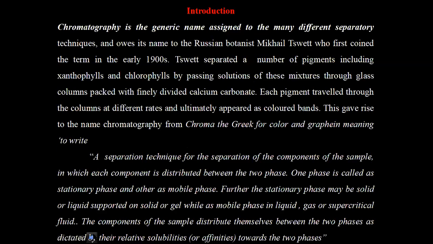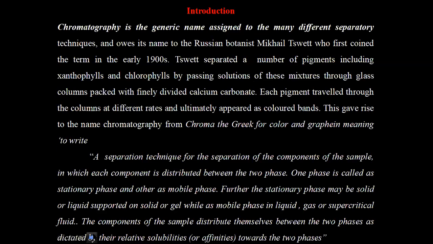By definition, a chromatographic technique is a separation of the mixture of components between two phases, where one phase is called the stationary phase and the other we call the mobile phase. You have two phases, a stationary phase and a mobile phase, and the separation happens between them, and this separation is basically based on